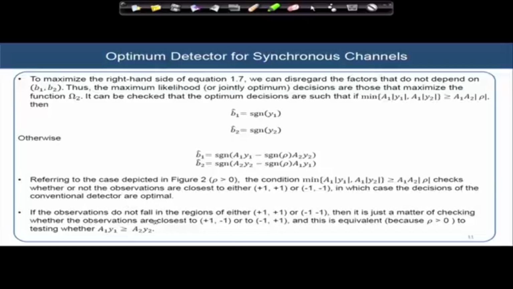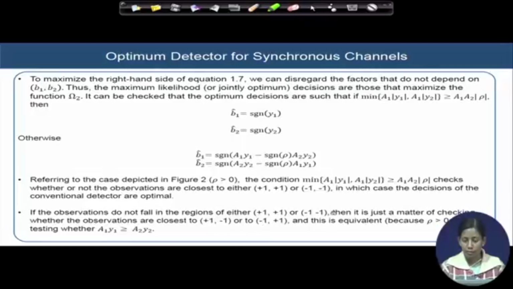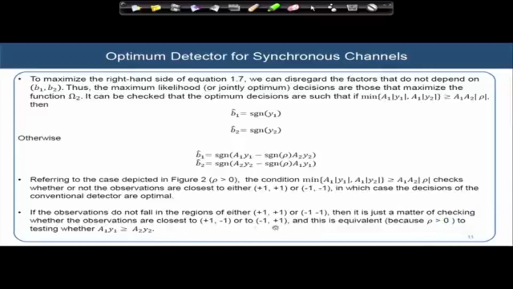If the observation does not fall in the regions of either +1 +1 or -1 -1, then you are checking whether the observations are close to +1 -1 or -1 +1, and this is basically equivalent to testing whether a1 y1 is greater than or equal to a2 y2 or not, because rho is greater than 0. So, these are the two ways the detector is basically working,